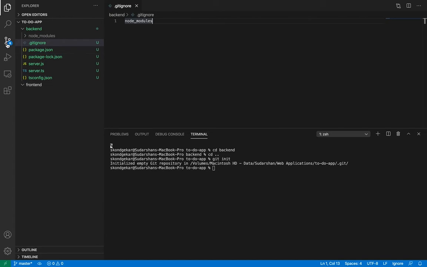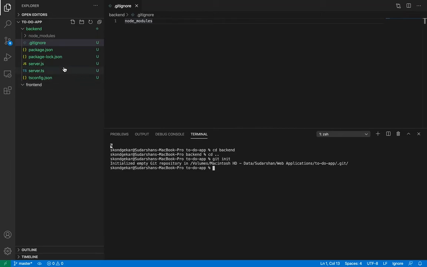Now here I can see there are only 6 files which I have actually created. 1, 2, 3, 4, 5, and .gitignore is the 6th file. So I want to push all these 6 files on Bitbucket, or let's say GitHub, so that my other team member can download that repository from there, work on that, and he can push the changes. So let's do it now.